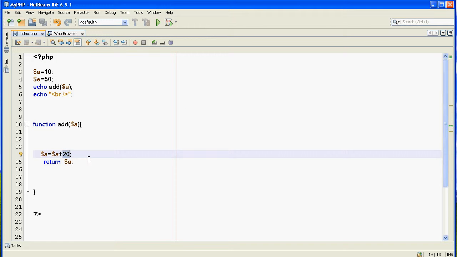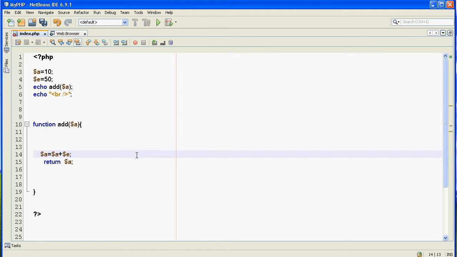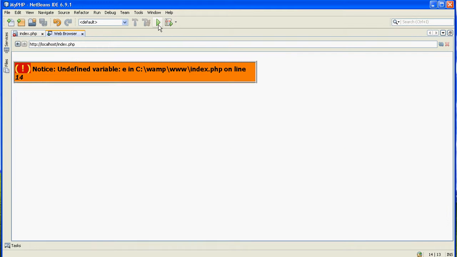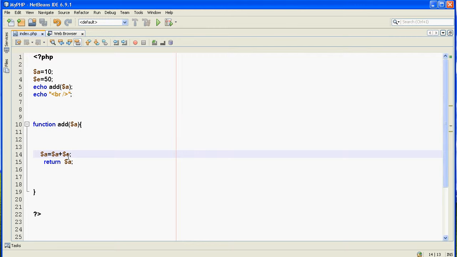Okay, $E. Here I'm expecting to have an error. Let's try it out, and sure enough I got an error. And this 10 here is because whenever PHP doesn't find the value of this variable, it will consider it a 0. Okay,